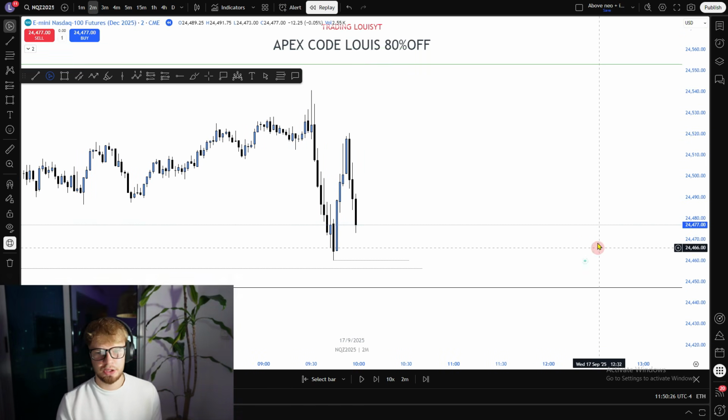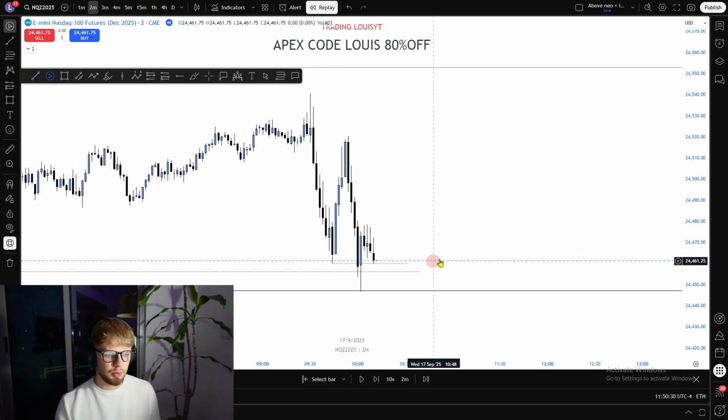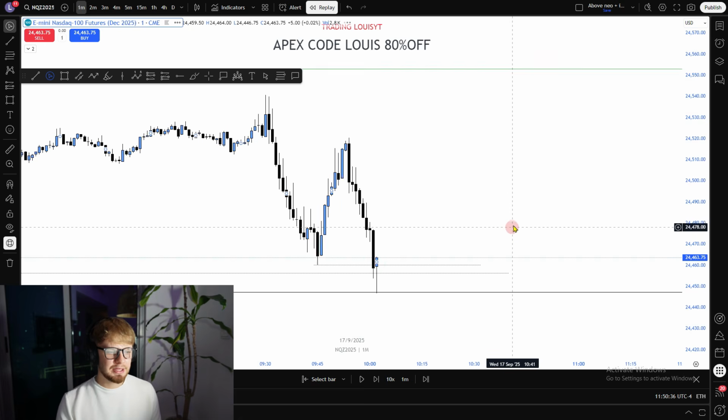I just didn't have the confidence to enter into the short position, and I'm more than happy that I avoided this losing trade right here. But now this is where it gets interesting in my opinion, because as you can see, price action comes down,